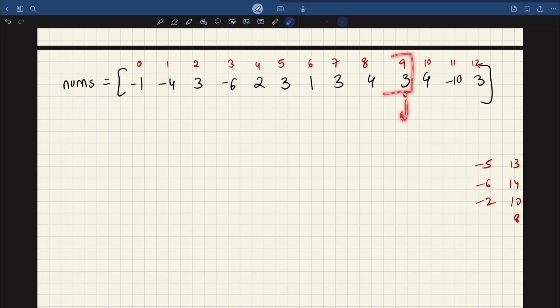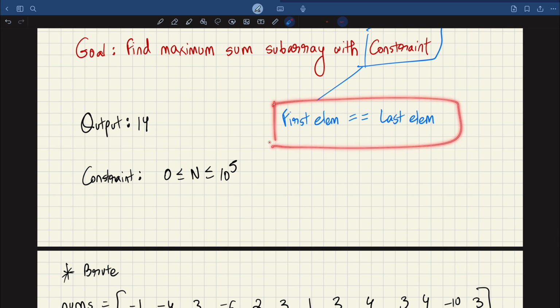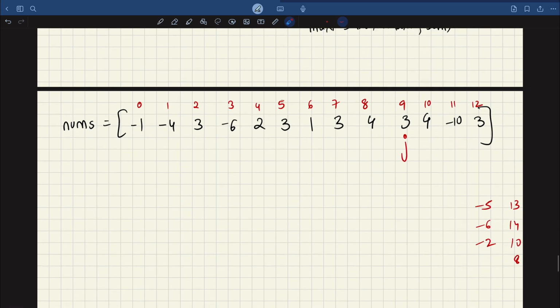What valid starting indices are possible? According to the condition, for this ending index, the starting index can be this, this, or this. Why? Because if the last element is 3, the first element should also be 3. That's the reason why for a particular j,